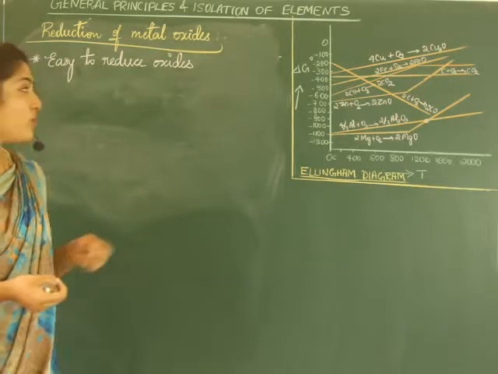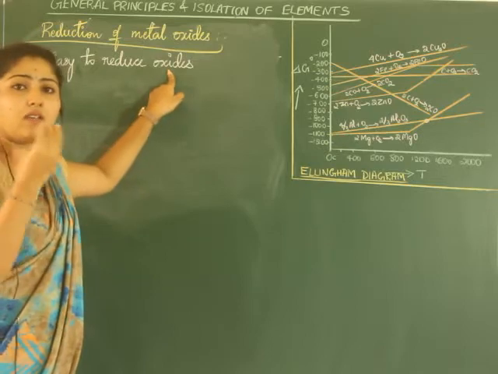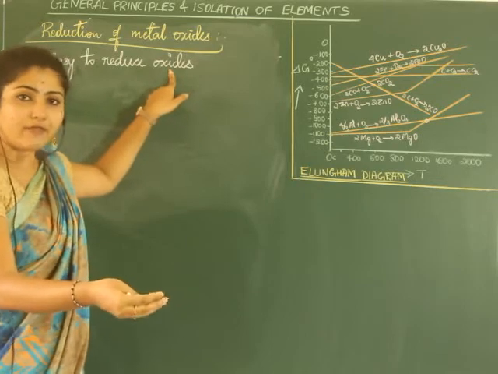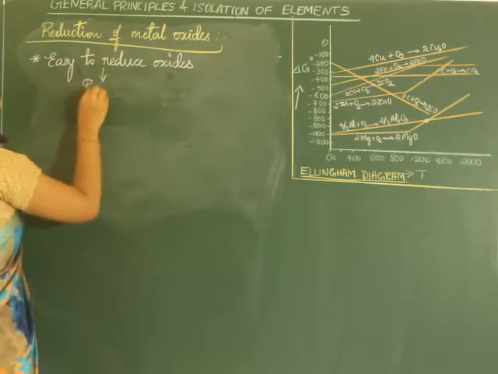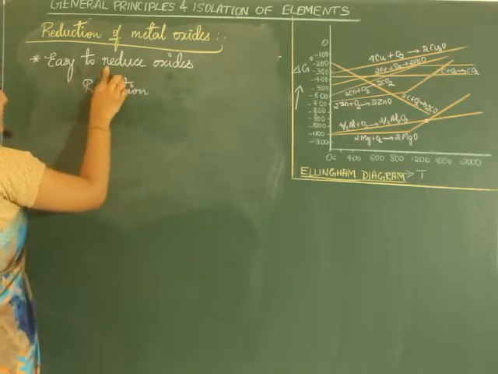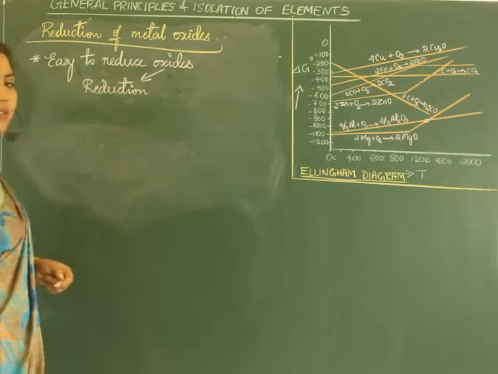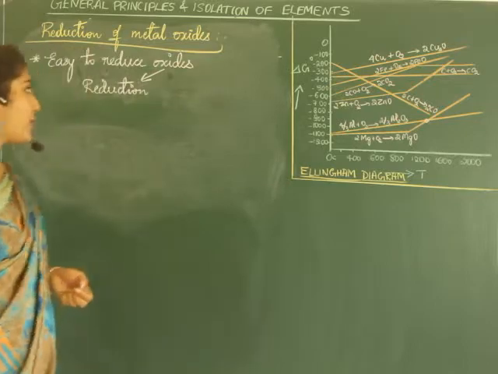So first what we do is, first we convert any ores into its oxide form, and next we are going to subject this to reduction. Are you getting the point? So first, this means the oxides into reduction. We are subjecting it to reduction. Let us see how.